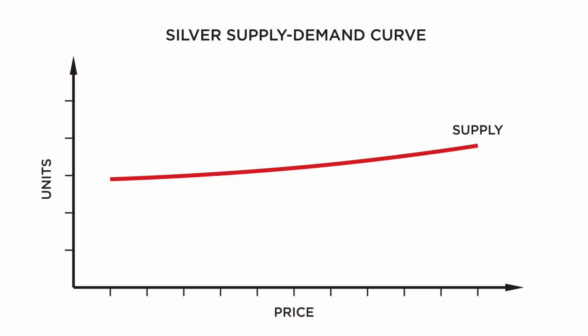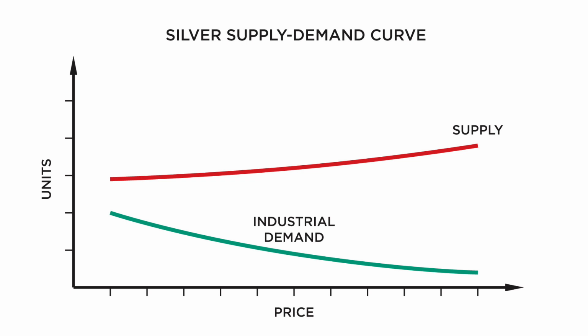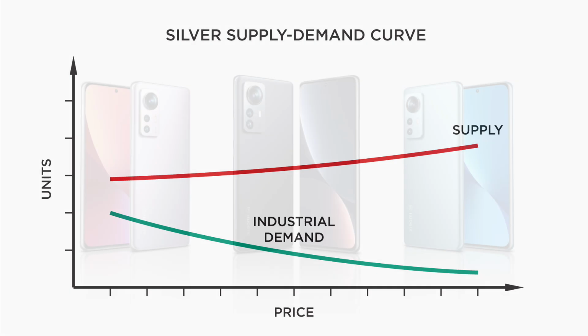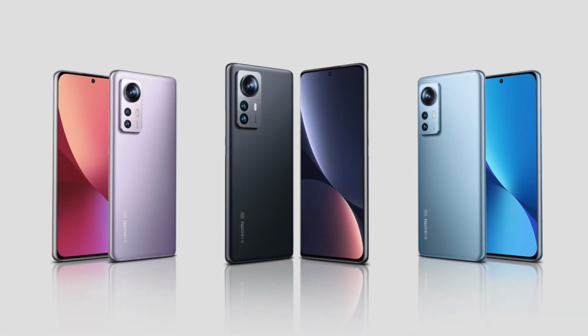As a result, the supply curve is almost flat and hardly rises as the price grows. In addition, there are two different types of demand: industrial demand and investment demand. Industrial demand behaves similarly to a classic demand curve, in the sense that it slopes down. However, it is less steep than usual, since many of the industrial consumers need silver by hook or by crook,